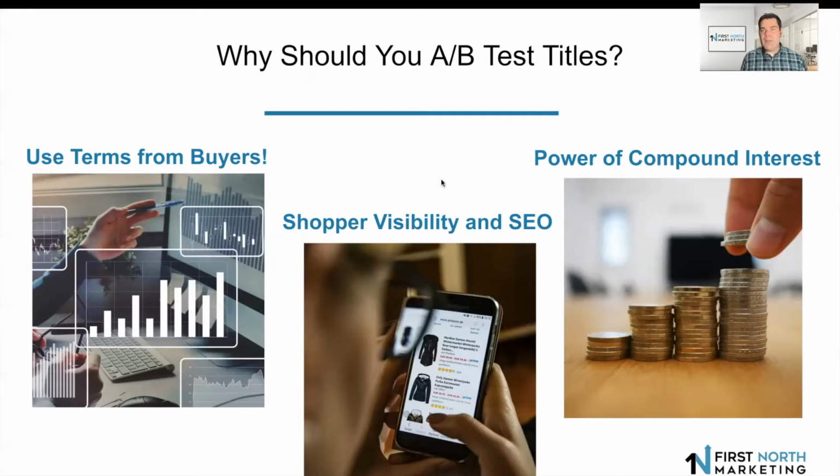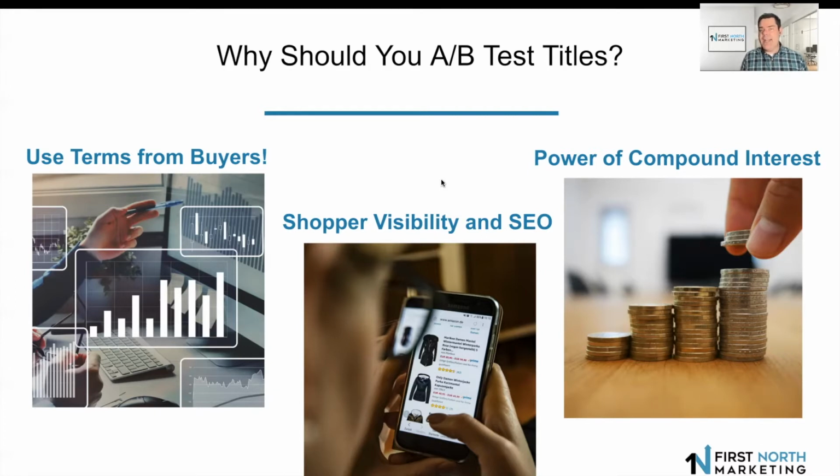You've probably heard about this if you've ever taken a retirement class that talks about compounding interest. The same principle applies on Amazon, that increasing your conversion rate by 1 or 2% with one of these A/B tests, if you do that over time after 3, 4, 5 tests, you can easily increase your conversion rate 3 or 5 or 7%, which could have a huge impact on your business, both because you're making more sales based on the traffic that you're getting, but also more importantly, understanding that the Amazon algorithm rewards products that have a